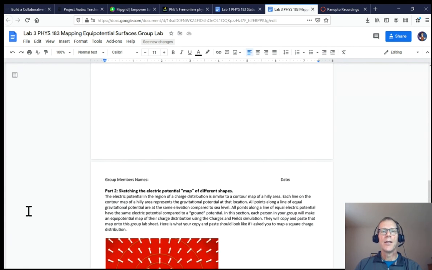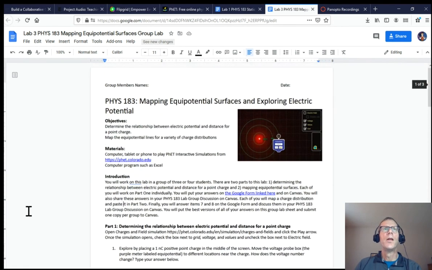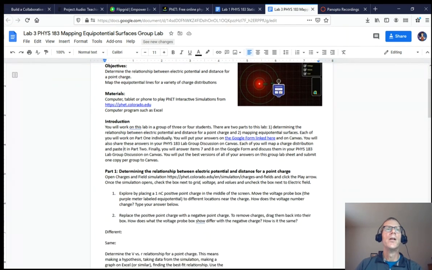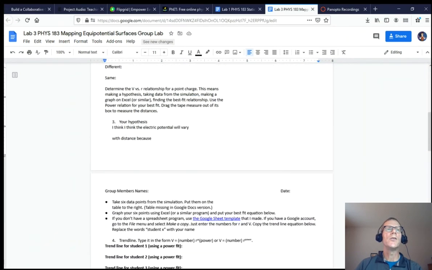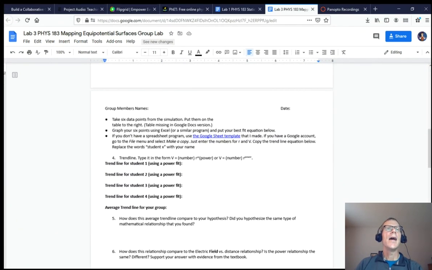Here is one of the activities that uses a PhET simulation, but also is a group activity. So one of the ways I do that is I have students gather some data, and then each student comes up with a trend line. And then they figure out, well, what is the average trend line for their group? And this just gets at the fact that any individual might have